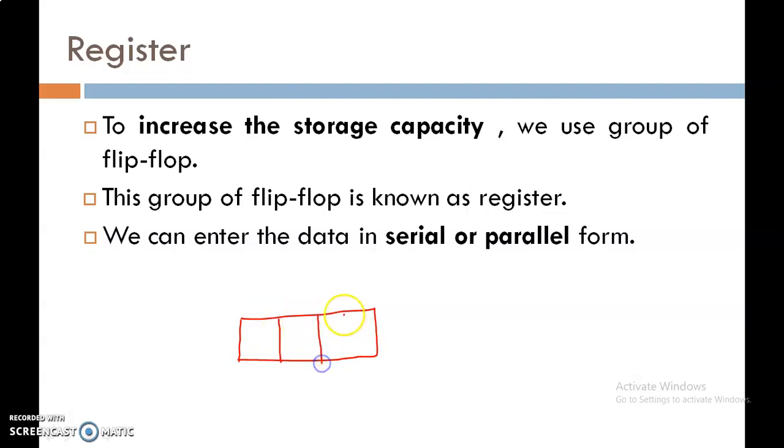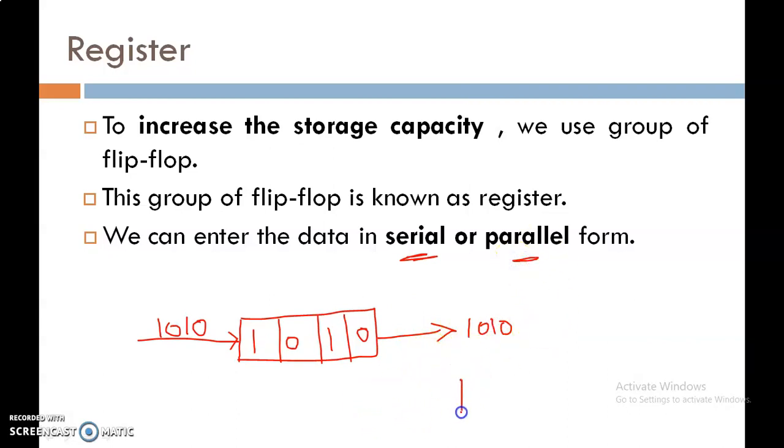Suppose here I draw a 4-bit register which can hold 4-bit information. First of all, serial. Serial means whenever the data is stored in the register, it comes in a serial way, meaning bits come one by one. For example, I have the data 1010. Then first 0 is stored here, then 1, then 0 and 1. Similarly, the bits go out from the register in a serial way. For example, then it comes out 1010 in serial form.